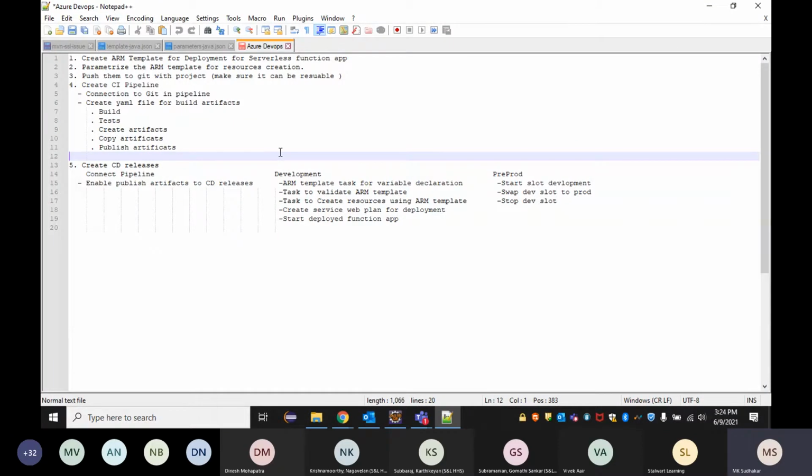The process is followed. Now, once we have the Git, we need to connect the Git to the Azure DevOps, and we need to have the CI/CD pipelines created. So that also I'm going to cover, and how to create a CI pipeline. This is a continuous integration pipeline where we need to create a pipeline for this.